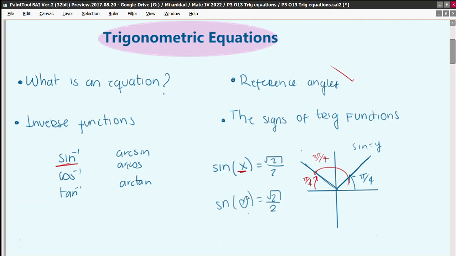Why am I saying this? This is because this equation has actually two possible solutions. The one that's given by the reference angle by default, and the other one that is the other angle that has the exact same reference angle. In this case, 3 pi fourths, okay? This equation has two possible solutions. And if you think about it, there are a lot of values that can have two possible solutions. Just think about